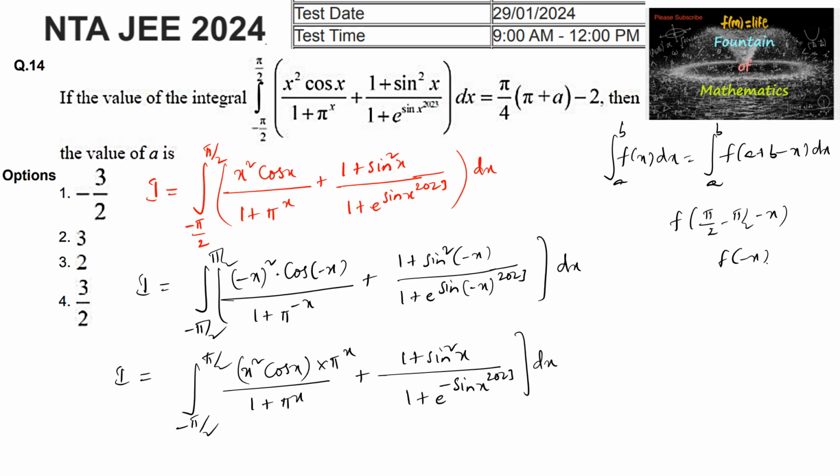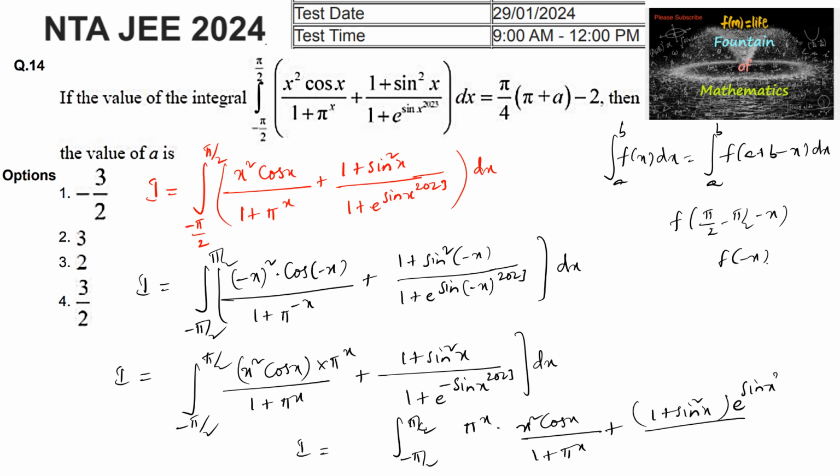dx, which on simplifying I is equal to the integral from minus pi by 2 to plus pi by 2 of pi power x into x square cos x upon 1 plus pi to the power of x plus 1 plus sine square x into, we can write e to the power of sine x to the power of 2023 divided by 1 plus e to the power of sine x to the power of 2023 by taking LCM. Say this is 1 and this is 2. Adding 1 and 2,